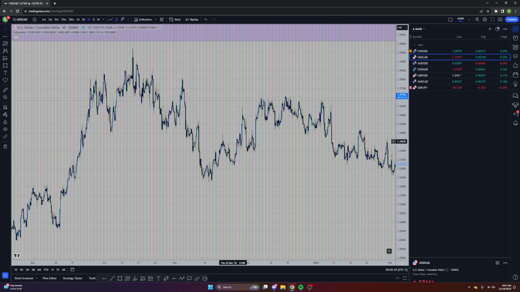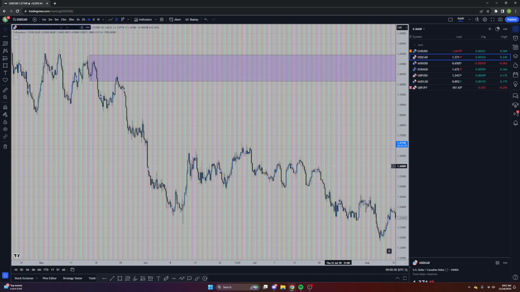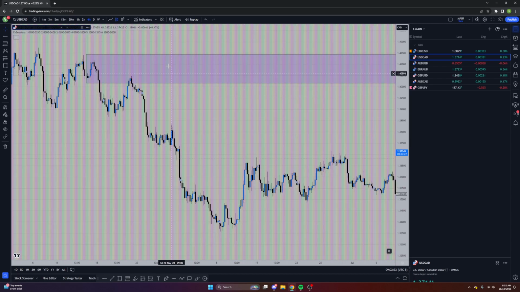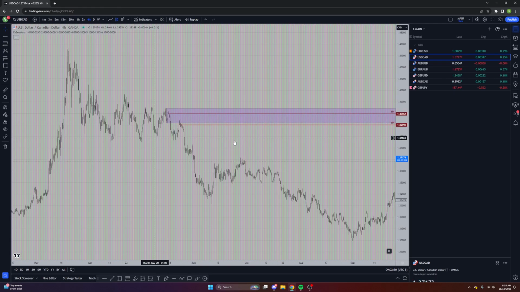Zoom in more. Okay, so we have an H4 supply right here. It's not clearly the best, but this one is better because it hasn't been touched again. So H4. Now we're just going to scroll back into the present time